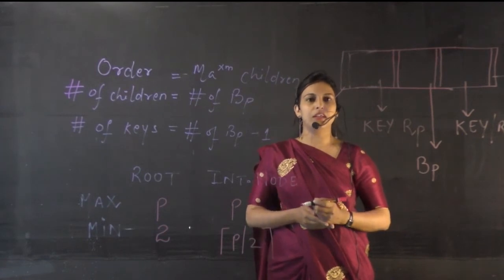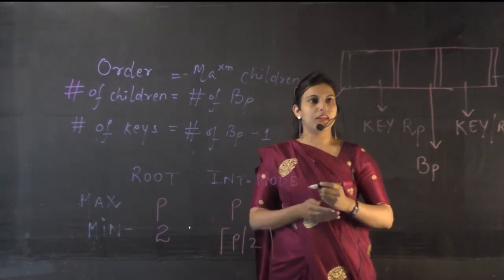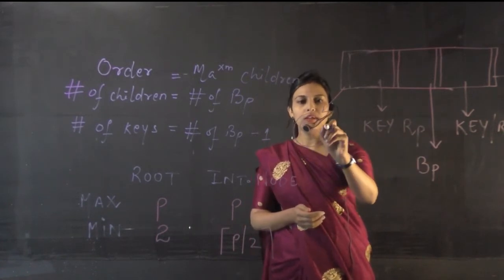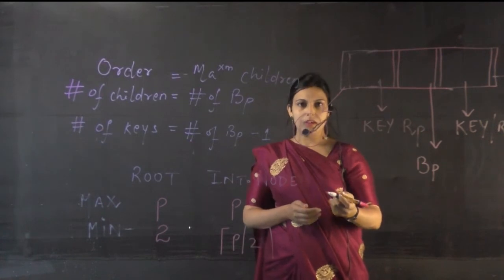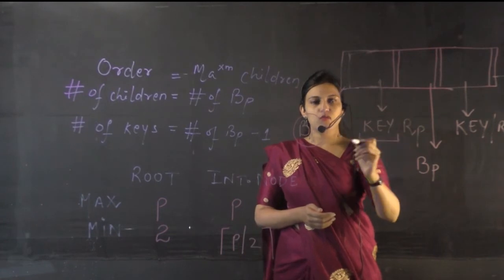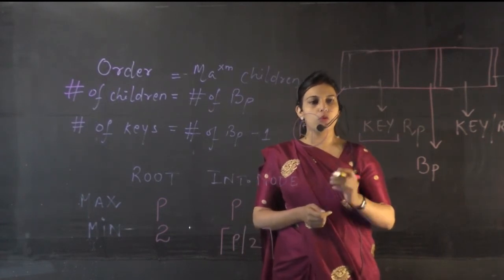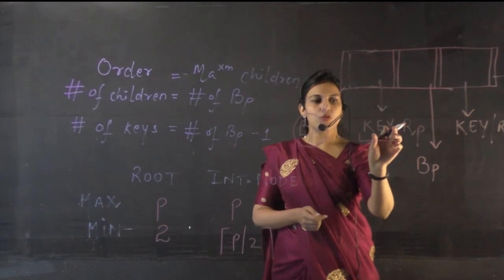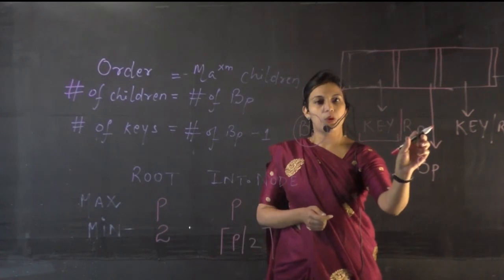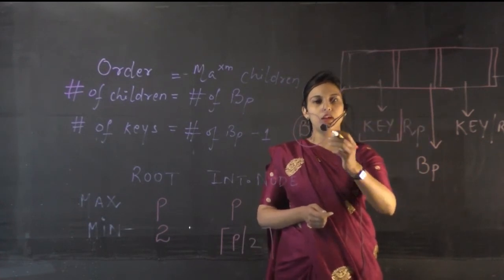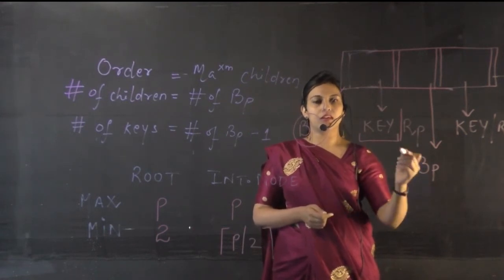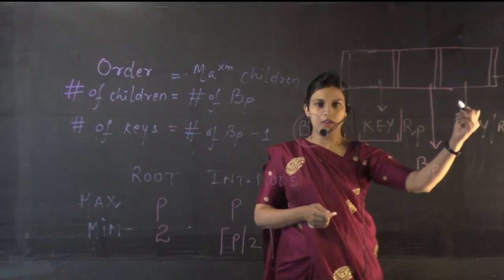If we look at the details of a node in a B tree, then it looks like this. In a B tree we have a block pointer that will point towards the next node. Then we have a key value, as we store key values in the index table also, and the search will be based on this key value. Corresponding to this key value we will have the record pointer, because as you know, in the index table we only store the key values and the pointers. Now the pointer points towards the database file.